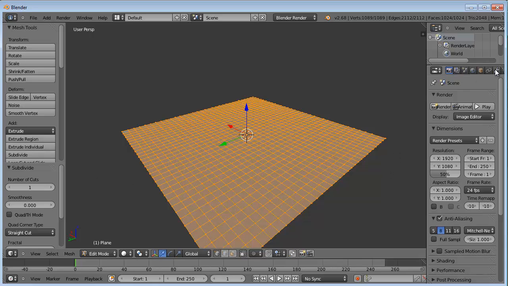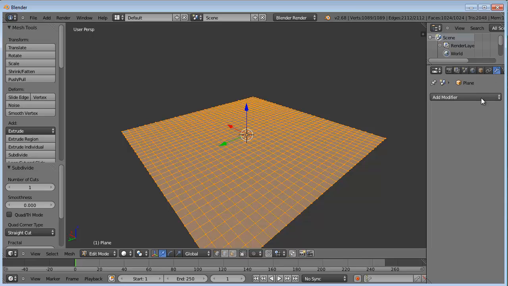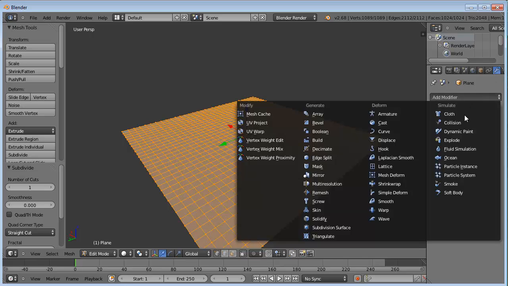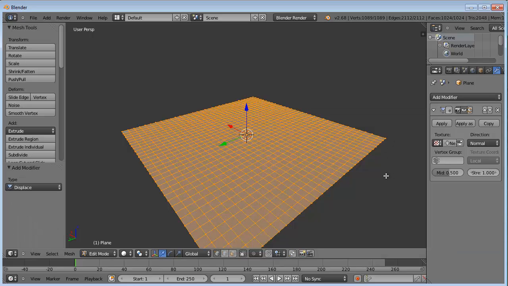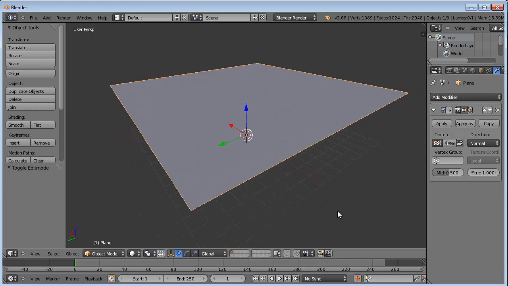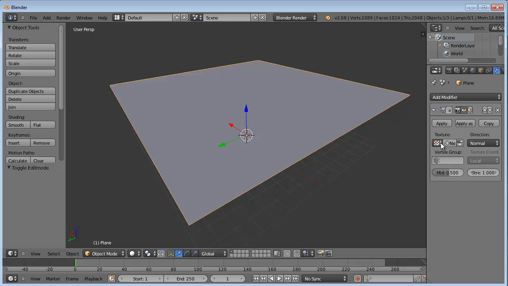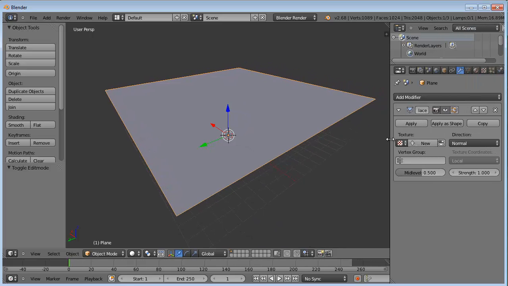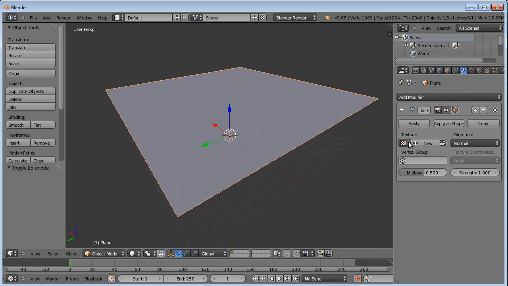Now I'm going to come over here to my options, my tools, and get the modifier tool, and I'm going to add a displace modifier. This is going to make it bumpy instead of completely flat. Okay, so I've added that. If I go back to object mode, now in my modifier options here, I've got a modifier, the displace modifier, but